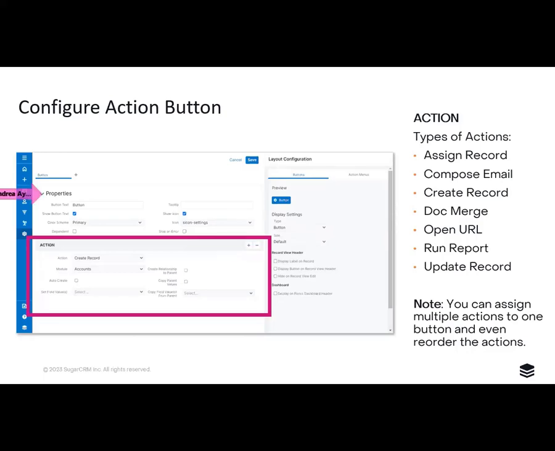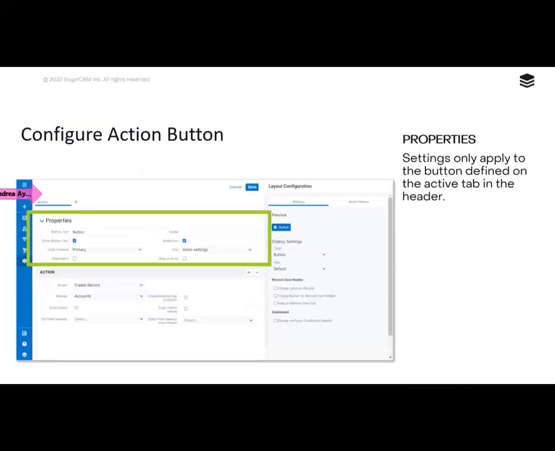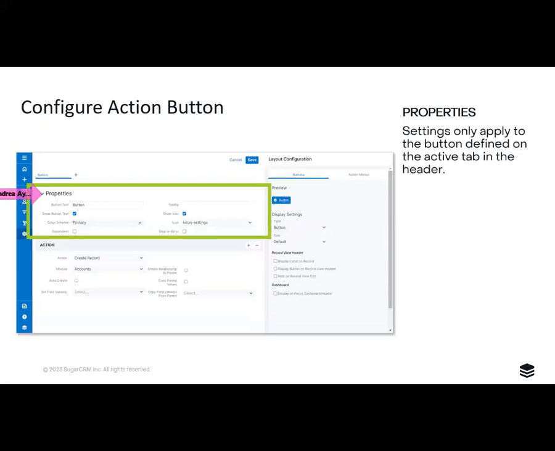Then you're going to go to the properties section. The properties section is going to apply only to the button that's below it, right? So if you have more than one button, which you can, right now I just have this button called button. So here it is right here. I could have more than one button by clicking that plus sign there. So this property panel has to do with this section, okay? First of all,